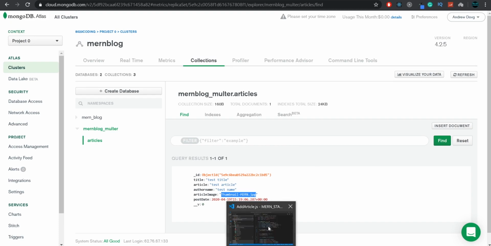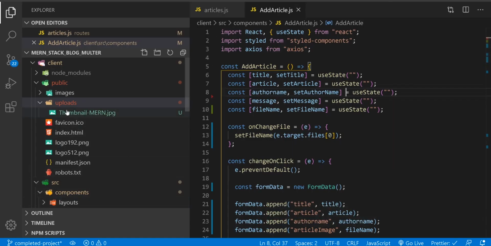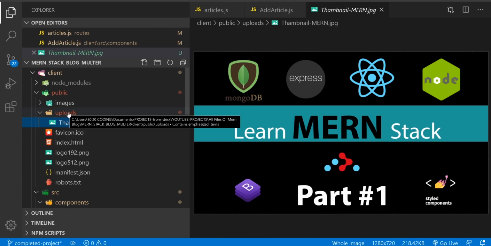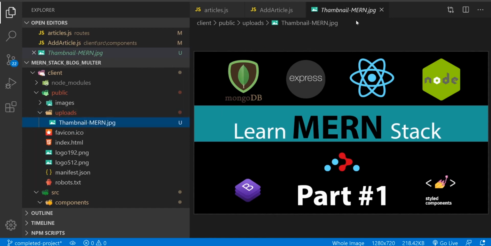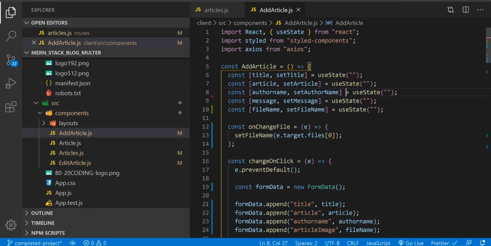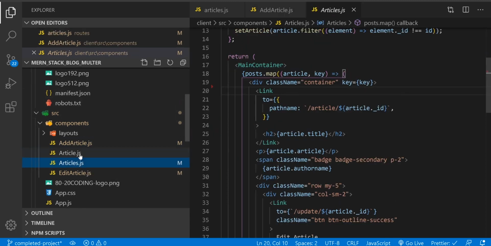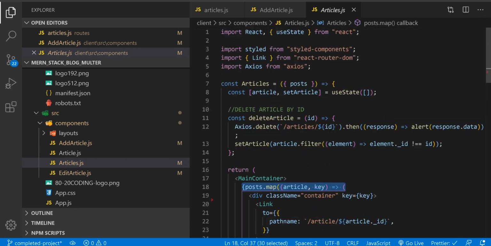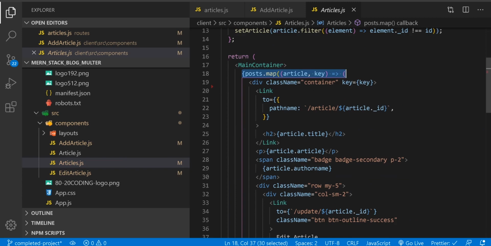All right, so let's move. Working good. I like it. Let's check if we have the image. Yes, okay, we upload image to the folder. Okay, so far so good. Now we need to add the feature to our articles. All right, in the articles we need to add the image, so we're mapping right here all the posts from the database, and right here let's add